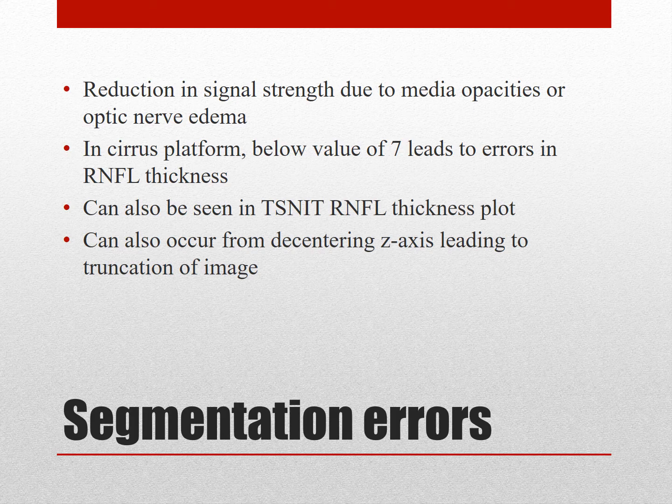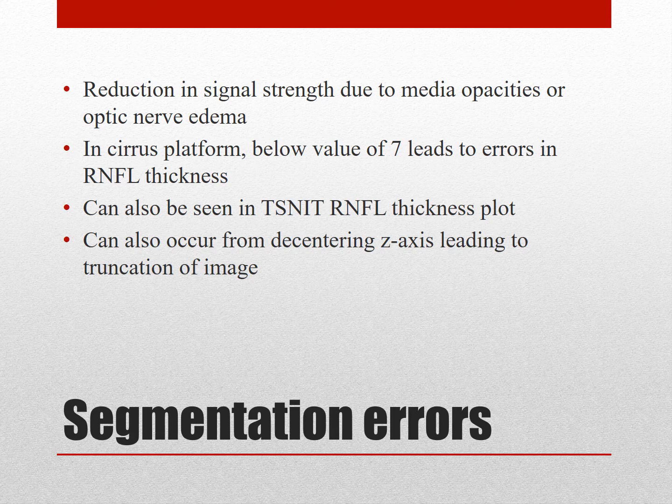Segmentation errors. So a reduction in signal strength or image quality that is due to media opacities such as dry eye disease, corneal opacities, cataract, vitreous opacities, or even optic nerve edema. In a Cirrus platform, anything below a 7 value can lead to errors in nerve fiber thickness, so that should be expected. And this can be seen in a TSNIT